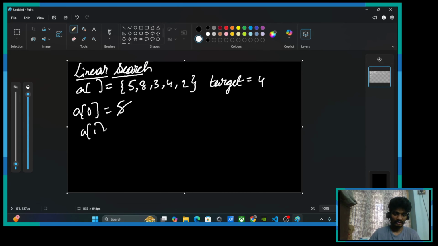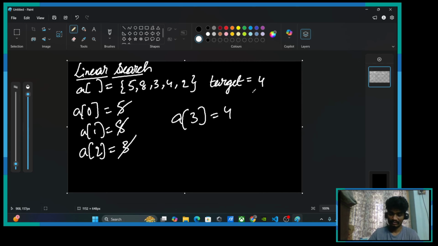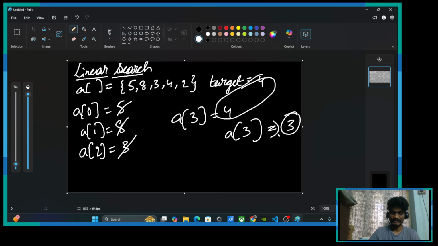Array of 1 is equal to 8. 8 is not matching with the 4, no. Array of 2 is equal to 3, which is not matching with 4, so no. And array of 3 is equal to 4, which is matching with the target. Now we can simply return result as array of 3 or the index 3 based on the question asked